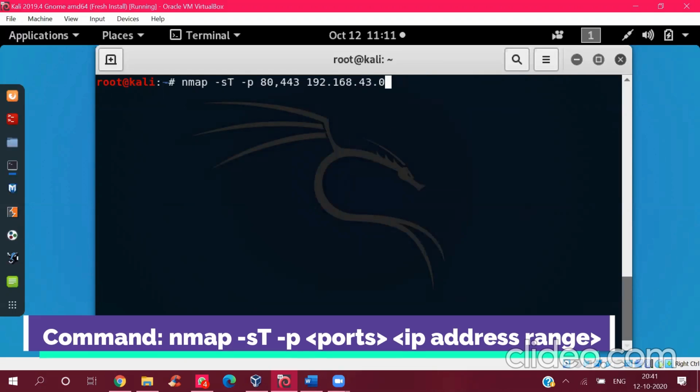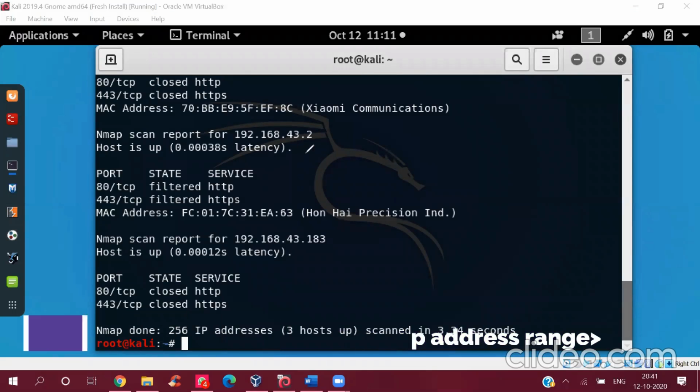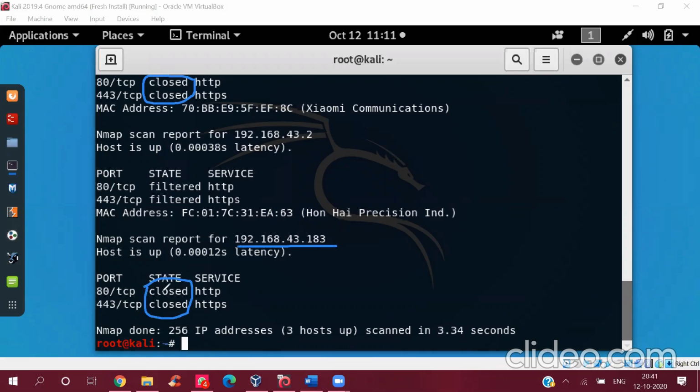Slash 24. Here we can see the scan report for all the hosts. For this one, the port is closed, which means it's probably not a web server. Here also we can see that this is closed. For this IP address, this is closed too, which means it's not a web server. But for this IP address, we can see that it is filtered.